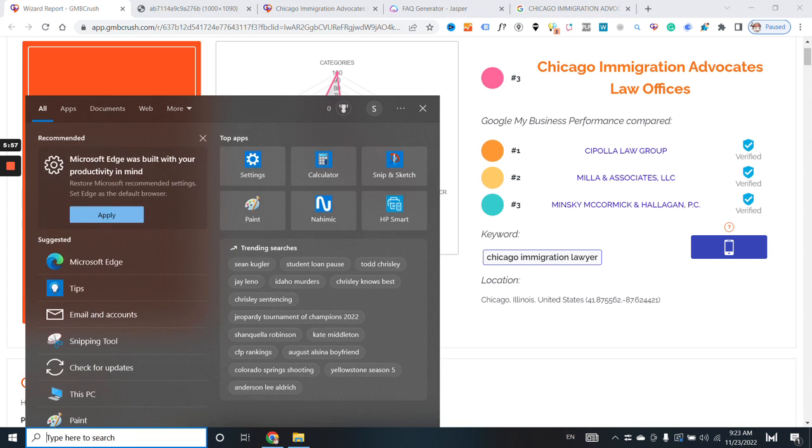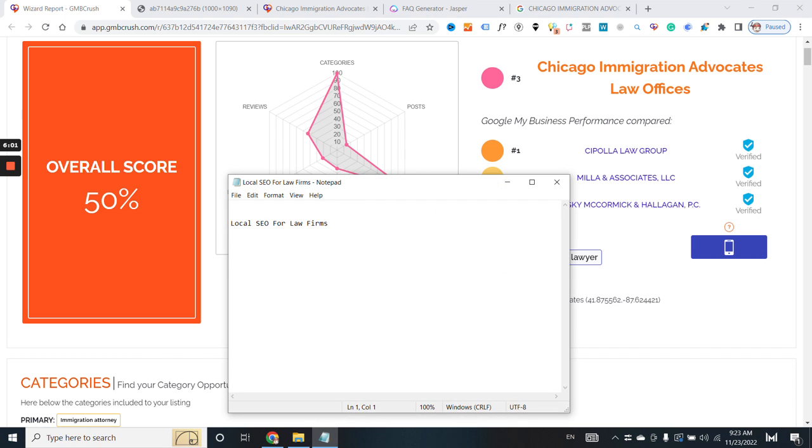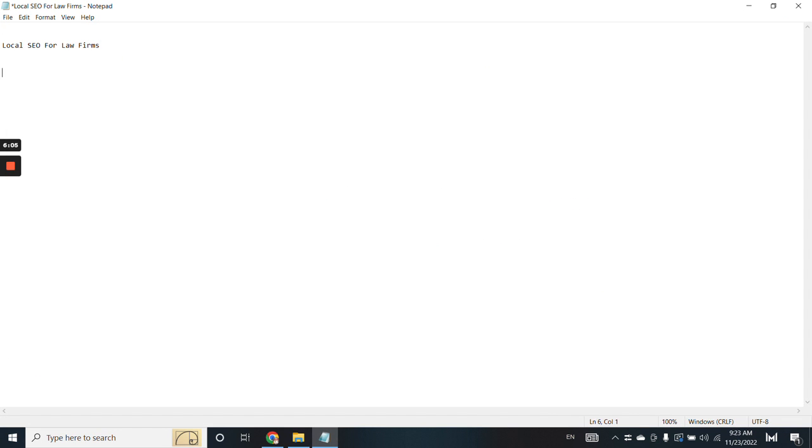So let's create our usual file, Local SEO for Law Firms. So, increasing your GBP post frequency